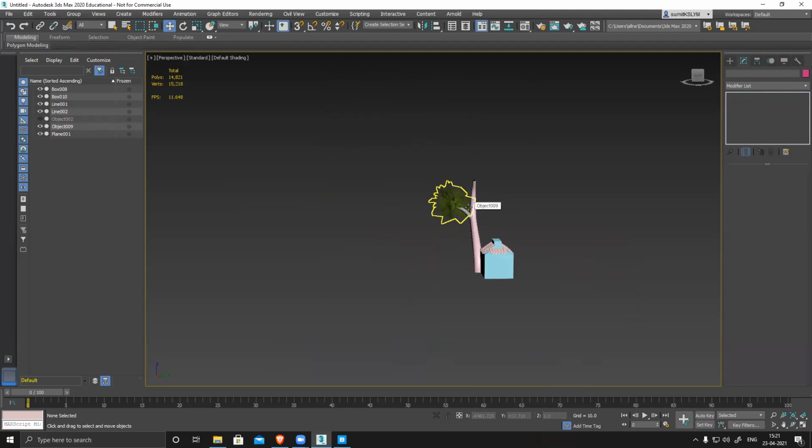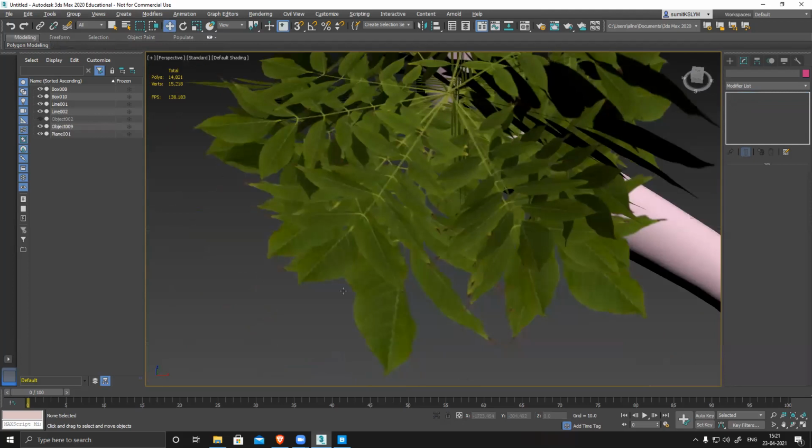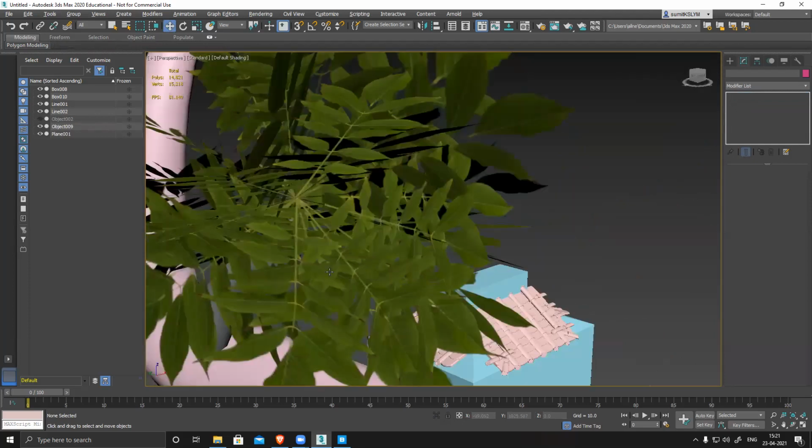Right now I have used only one texture and one plane. You can use multiple planes, multiple textures, and create this entire thing. So it will become super easy, super nice, and highly detailed. If you zoom in, you can see everything is clean, clear, and visible from all the angles.